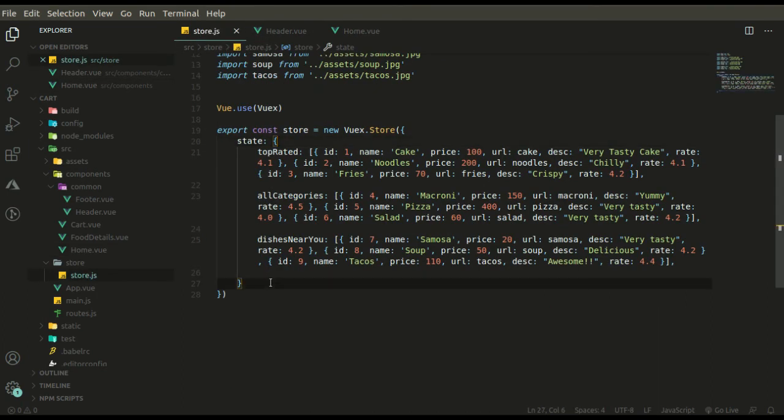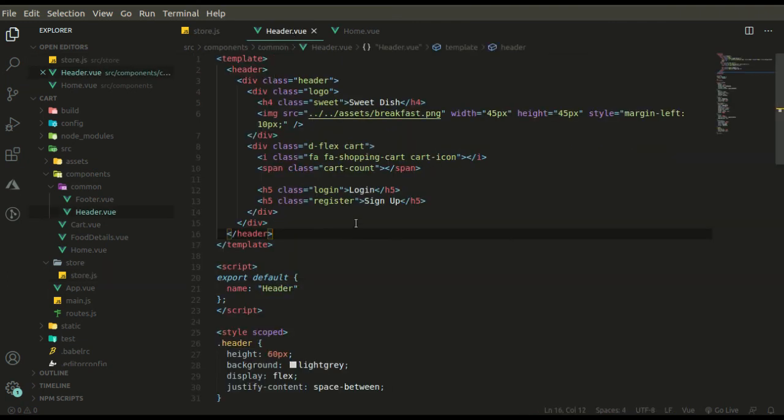First let me also add few more properties to our state. We will be needing cart item count in our future. Initially it will be 0, and we will also be needing cart items, initially an empty array. So initially both of them are default values, 0 and empty array. Now let's code what was missing over here.